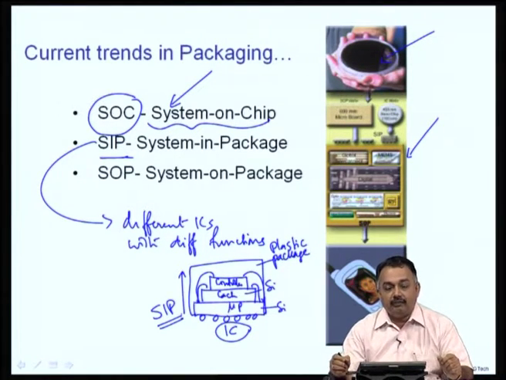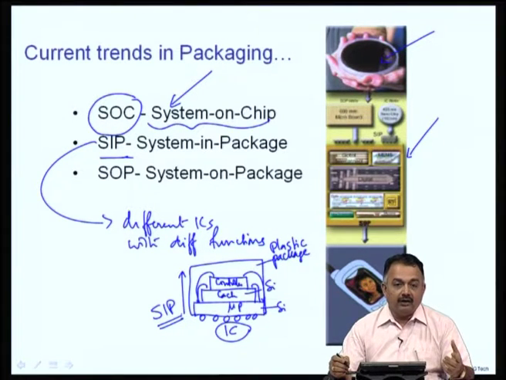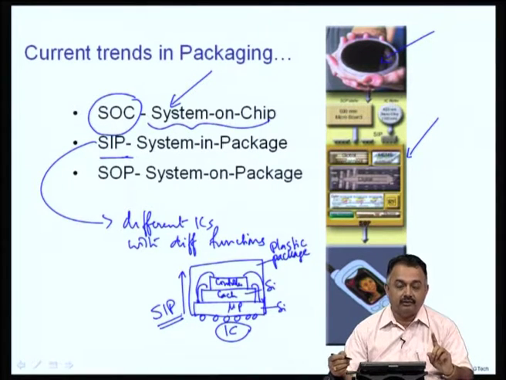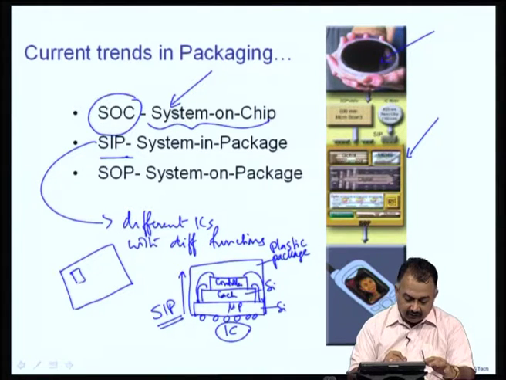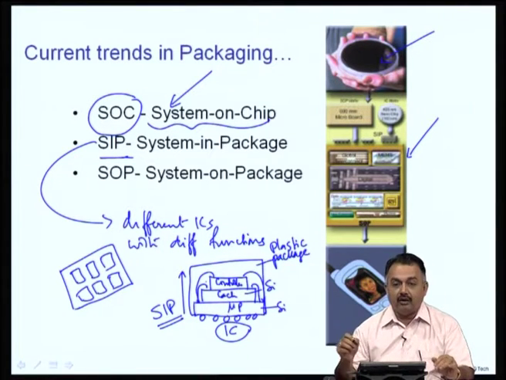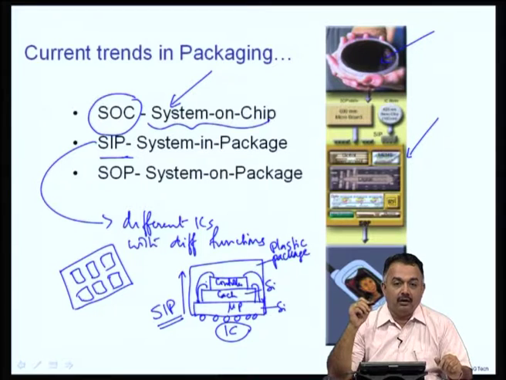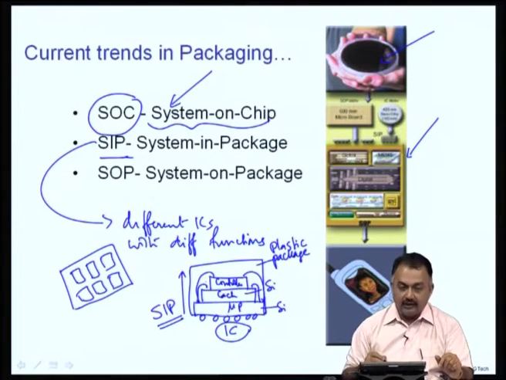A system in package is a result of bringing in two or more dies together and interconnecting them, and the entire set of dies are housed on the same substrate. Okay. So, this is different from the multi-chip module concept that we have seen. In a multi-chip module, by textbook definition, the dies are placed on the same substrate, the same plane, but here it is more or less built one on top of the other. So, this reduces space, this utilizes the entire area under the bottom die for providing your IOs,